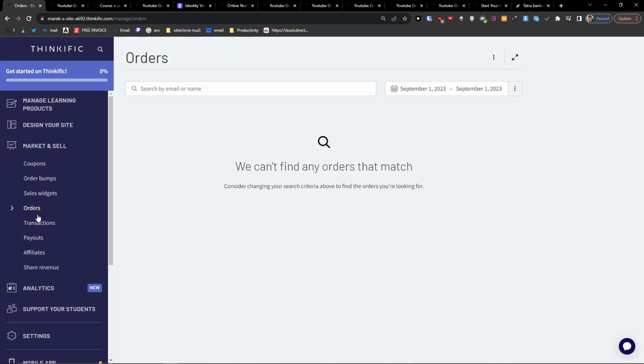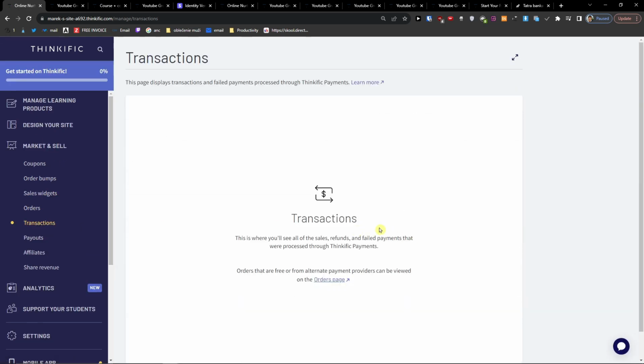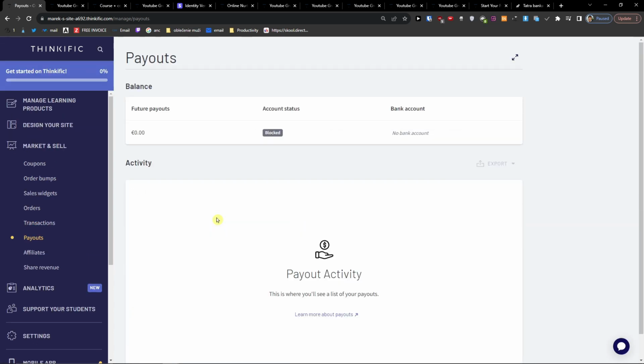When you have it, you're going to have then orders. So here you would find all the orders from your site and courses, and then you're going to find transactions. So here you're going to find all the transactions that were happening, refunds, failed payments, sales, then payouts, payout activity,